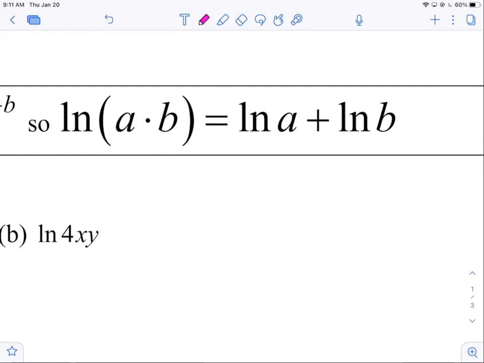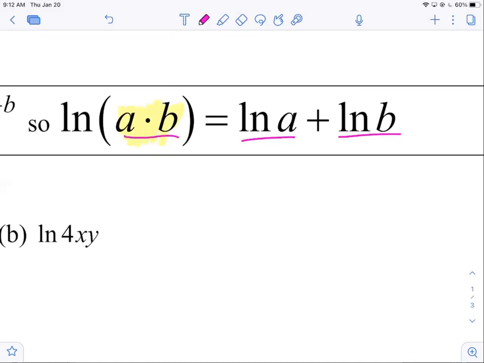So the log of a product is the sum of the logs. Isn't that poetic? The log of a product is the sum of the logs. Now, what are you going to have to do? You're going to have to realize that if you have the log of any base of a product of 2 or more things multiplied together, that's the mountain. You can break it down into 2 individual terms that are added together, and they each get their own log,